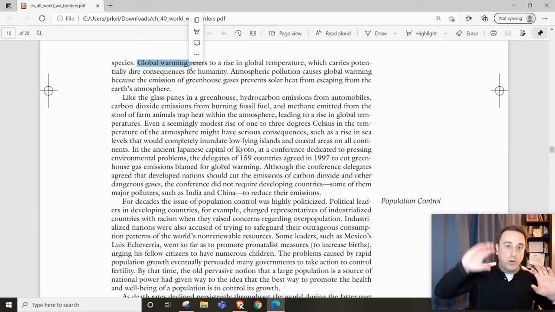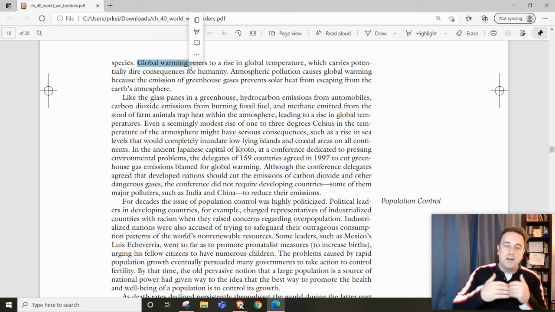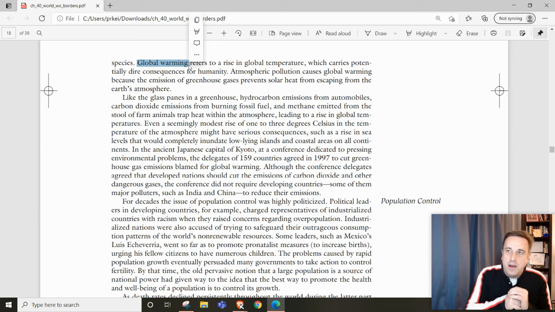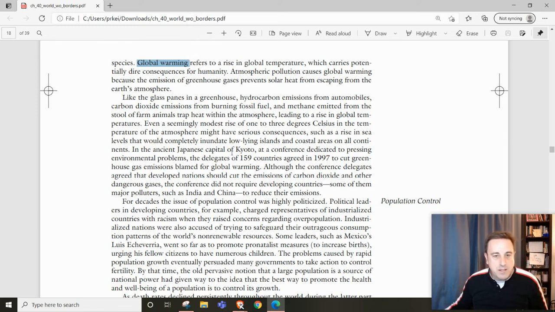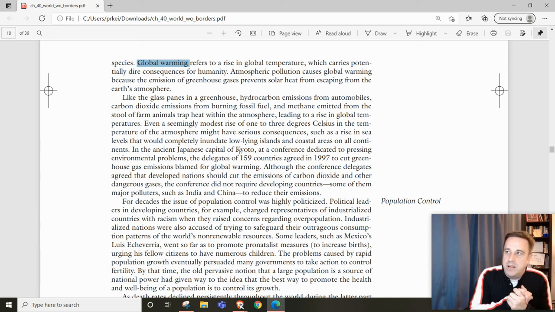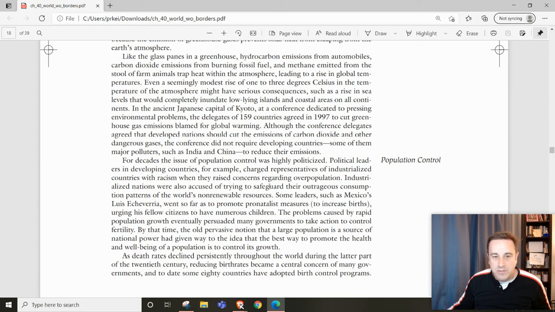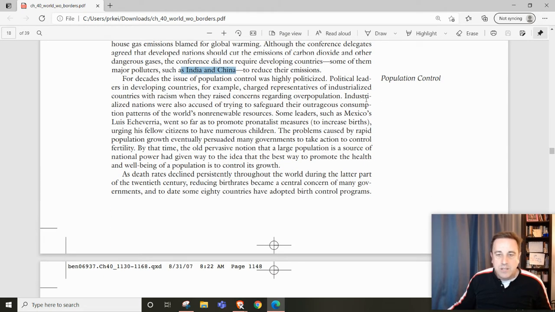We're seeing polar ice caps starting to melt at alarming rates. We've lost one nation so far, and there's a second nation which we might be losing because of the rising sea levels. But again, for some people, it's a really hard sell. So Kyoto was the first place, and then we had another meeting in Paris to try to have nations decide to curb their greenhouse gases. But again, as you may know from the news, we have some people who believe that's not nearly enough, and so that's still an ongoing issue, especially as we have some countries desperate to industrialize, and that can cause huge issues. So the issue becomes, okay, again, if we're concerned about carrying capacity and we have these huge birth rates,